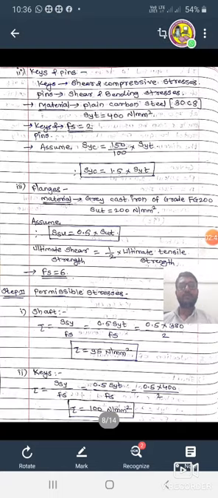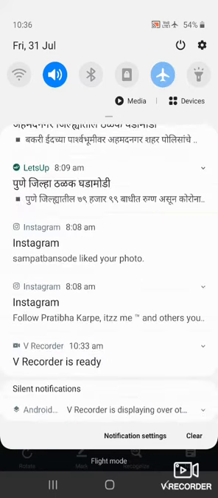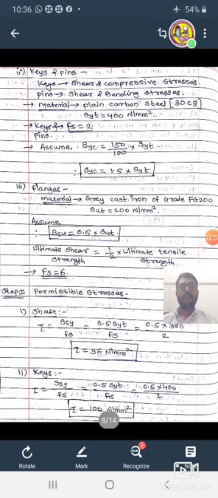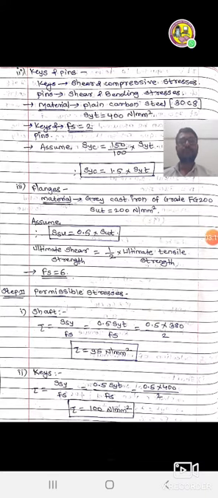For flanges, use grey cast iron of grade FG 200. FG 200 means ultimate tensile strength equal to 200 Newton per mm square. So assume SSU is equal to 0.5 times SUT. SSU means ultimate shear strength, equal to 1/2 of SUT, the ultimate tensile strength. Assume factor of safety Fs equal to 6.